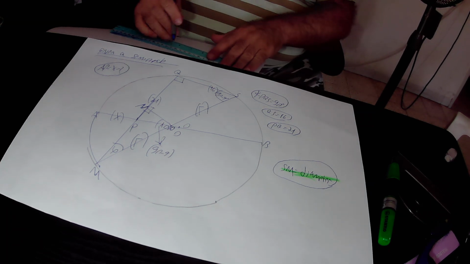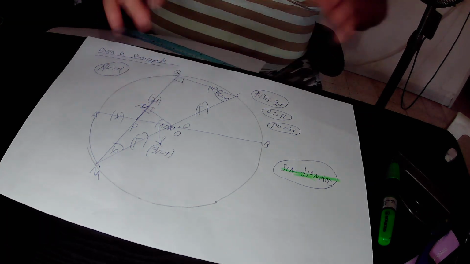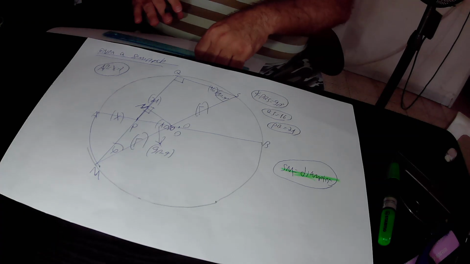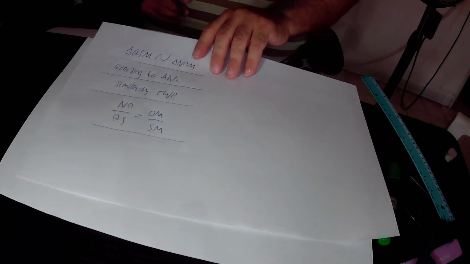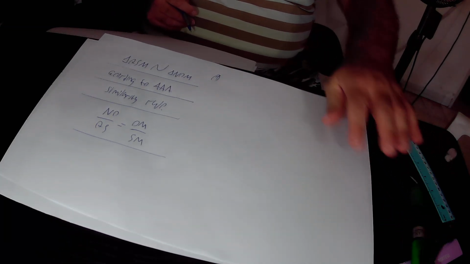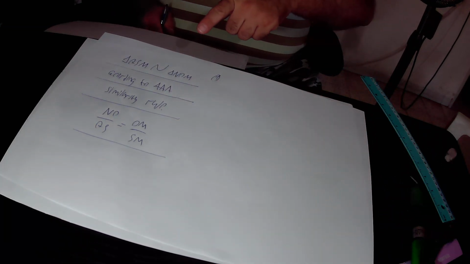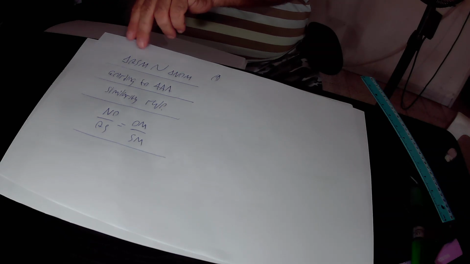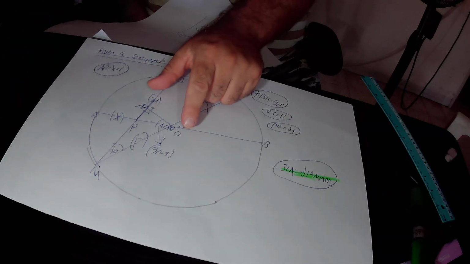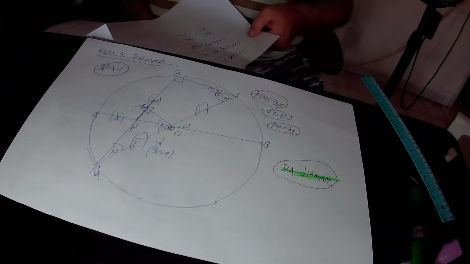So repeat again, from the fact that those two right triangles are similar to each other, we will derive that the following relationship exists between their sides. We will derive that side ON of the small right triangle NOM over side QS of the big right triangle QSM is equal to side OM of the small right triangle NOM over side SM of the big right triangle QSM. ON is the missing side, so we leave it as it is,